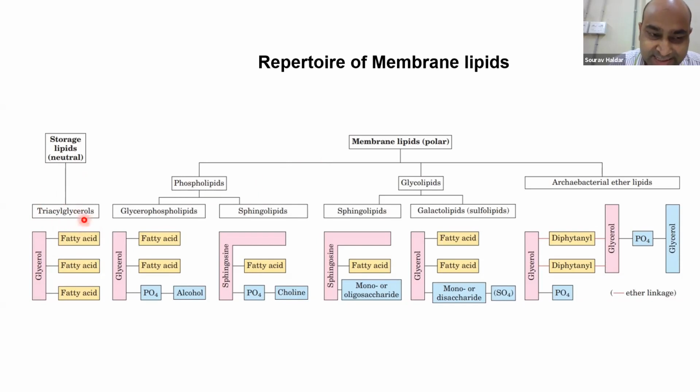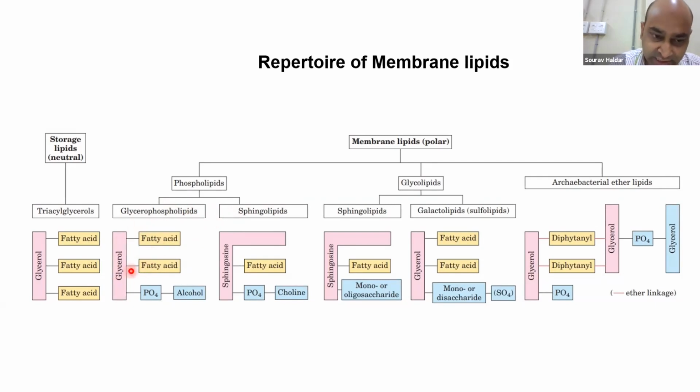And as the name suggests, the triacylglycerols are basically esters of glycerol and fatty acid. From that, we can think of the structure of lipid molecules. So the membrane lipids, which are abundantly found, can be largely classified into two categories. One is called the phospholipid, another one is called the glycolipid. Now the phospholipid can also be classified into two categories, what is called a glycerophospholipid and a sphingolipid. Now the difference comes in based on what kind of backbone the lipid is made of. In glycerophospholipid, it's a glycerol backbone.